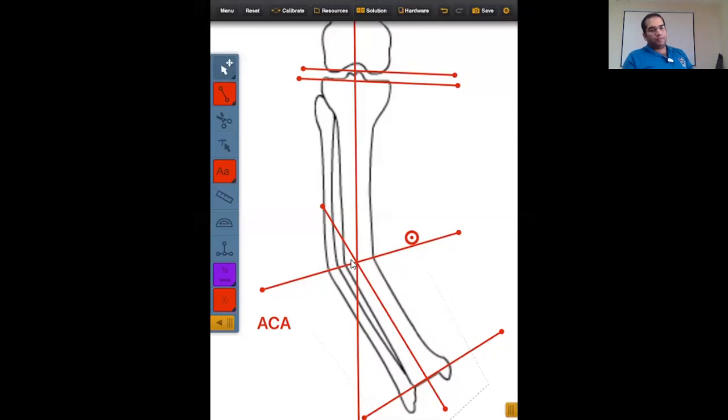Now let's see. Dr. Asal is asking, if we do lengthening, it creates a gap between the bones. Then how will it unite? Let me show you an example of how the gaps get filled, and then we can proceed.